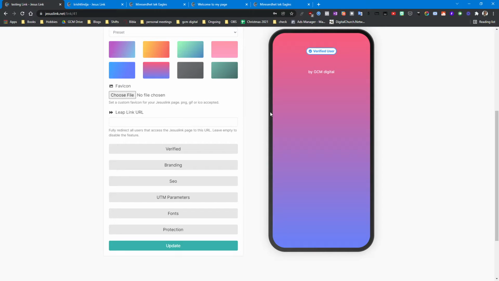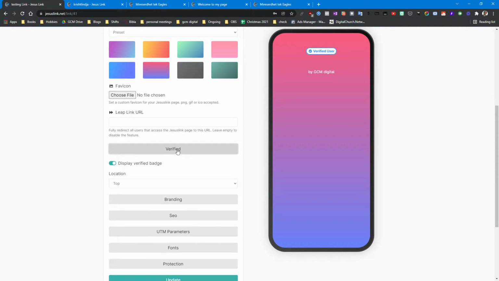Again, we have not started to build, we are just customizing the settings. So you see this verified user. This is something common on Instagram, I believe, and this is the way you can disable or activate it here. If you don't want that to be there, you can just deactivate it here. Disable verified badge. I will leave it here just to create more a sense of the page that has been